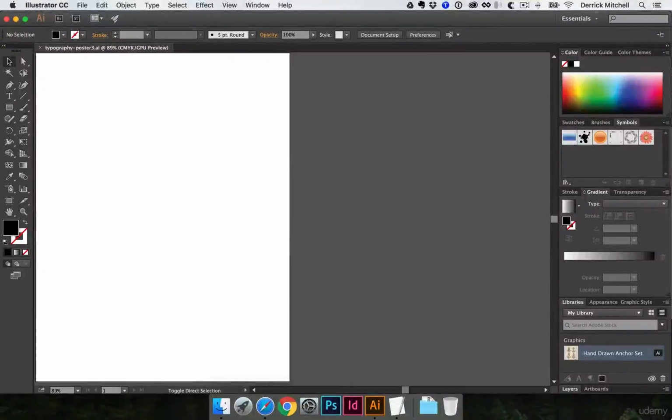All right, if we're going to make a typography poster, it's about time to learn how to bring in our text. So what I want you to do is copy that quote you have wherever you have it or get ready to type it out. Hit the letter T to get your type tool, and I already have my quote copied to my clipboard, so I'm just going to click once, hit Command V to paste that in there,